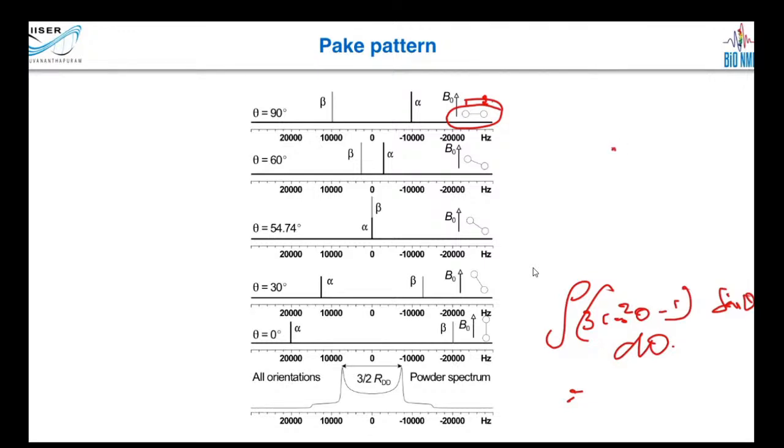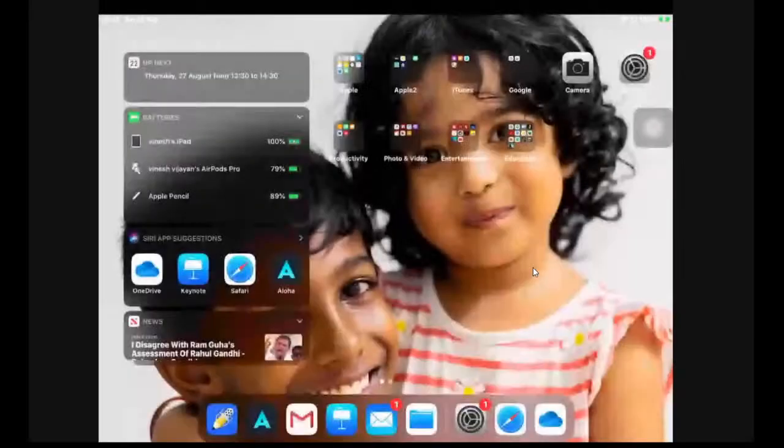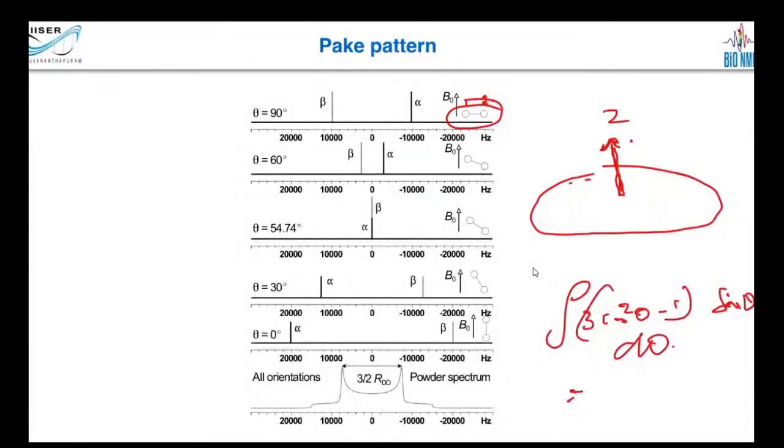So if you have Z, this is your X and this is your Y, and your spins lie in this direction. So in this XY plane, there is the largest possibility of your